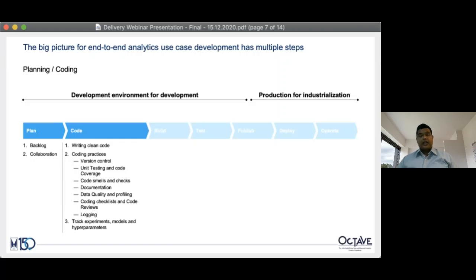Having said that, at OCTAVE, on the use cases that we deliver, we follow a clear iterative process. There are continuous improvements throughout the delivery, adjusting the advanced analytics models and making sure delivery follows the process we have put in place. We also make sure no assumptions are taken into account, eliminating assumptions as much as possible so we can deliver the value to the business during the planning stage.